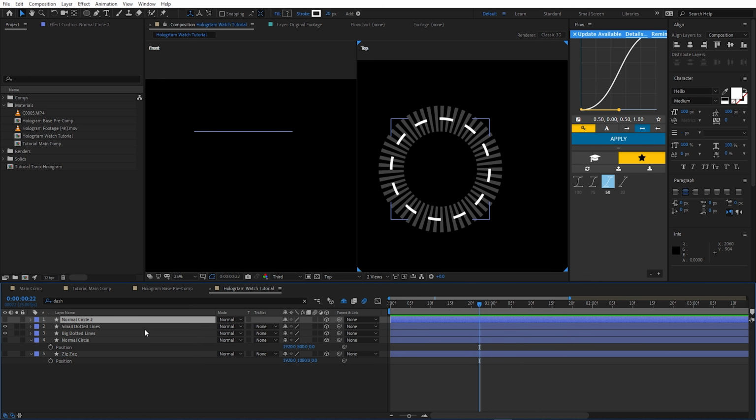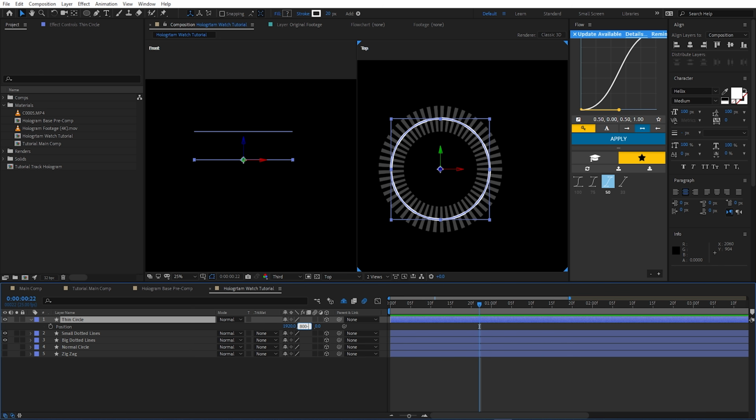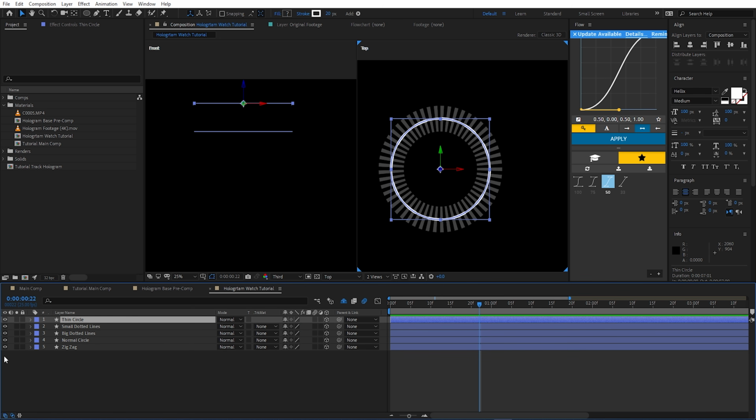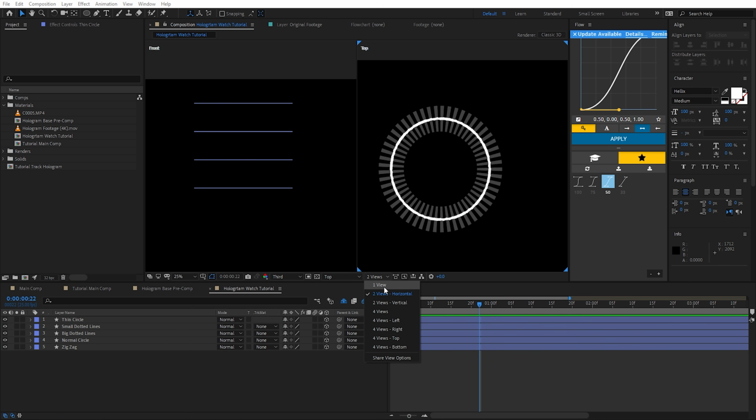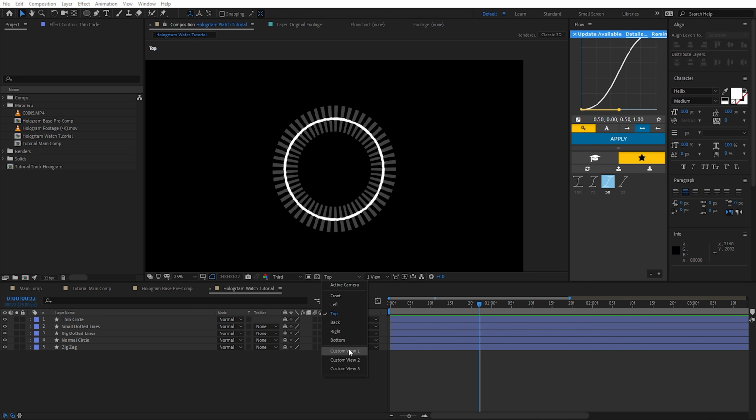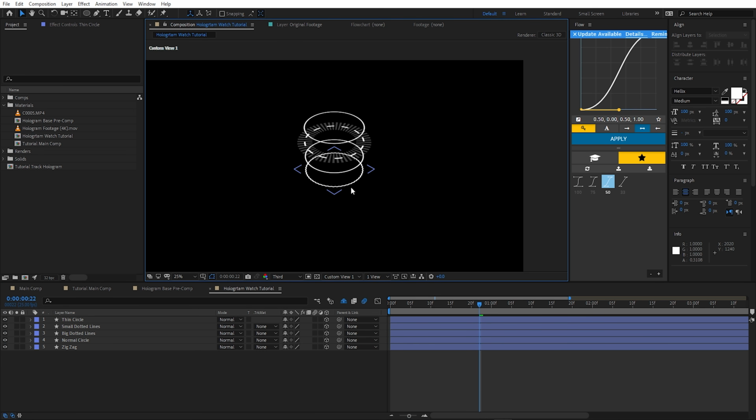So there's that. And then finally, we'll rename this to thin circle, bring up the position, and we'll do minus 560, right? And now we'll turn these back on, and we'll go over to one view, and we'll switch to custom view, and this will allow us to orbit around in a non-destructive way. So it's as if we have a camera on our scene when in reality we don't. So we'll switch to the camera tool and we'll click and drag to orbit around,